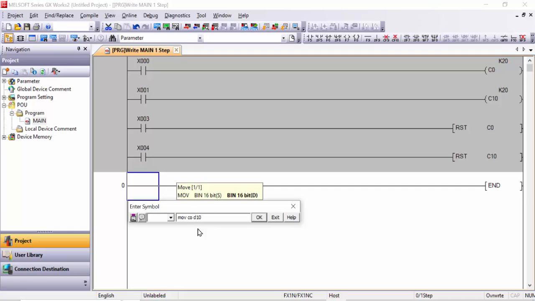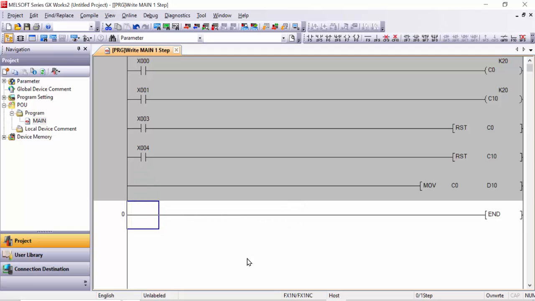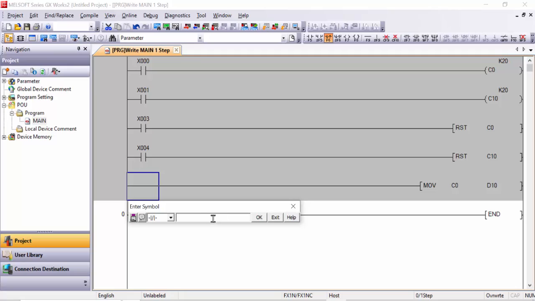We will move the data MOV C0 into D10, and contact we will take just a close contact